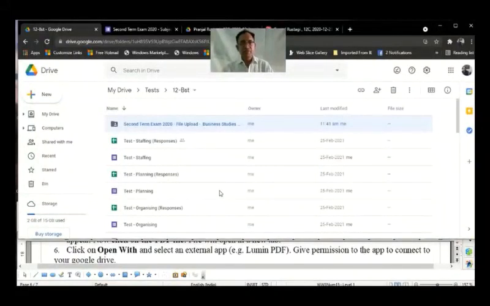Now why did we do this? Because when you will return the answer sheets to the form, the students will be able to open the checked answer sheets and see them only when this folder has view permission. If you do not do this step, then even after releasing score, even after sending the checked answer sheets through the form, the students will not be able to open those files. So this is very important to grant view access to this folder. Once you have done this, you can send the link of attempting the test to the students.